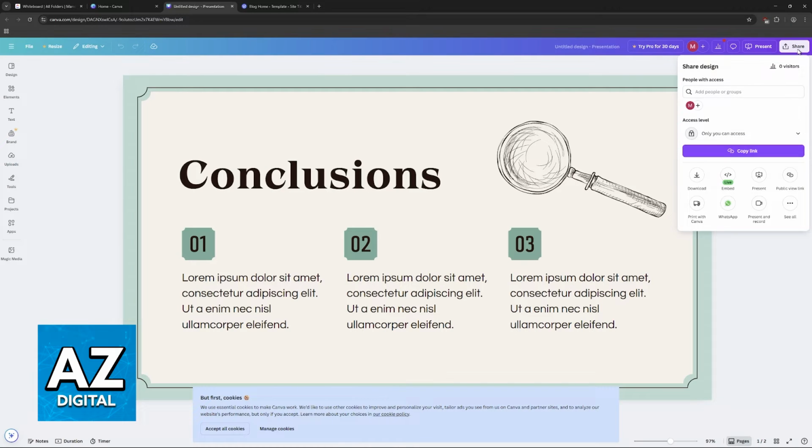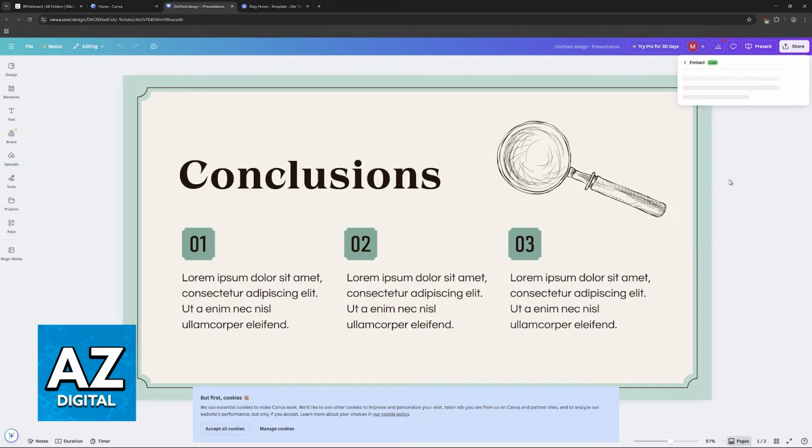is to click the share option. So open your Canva design, go to share at the top right, and you will see embed here. So choose the embed option and you will see the HTML embed code. This is how you will be sharing it and copying it into other specific platforms. So copy this HTML embed code. Make sure that you don't use the smart embed link instead.